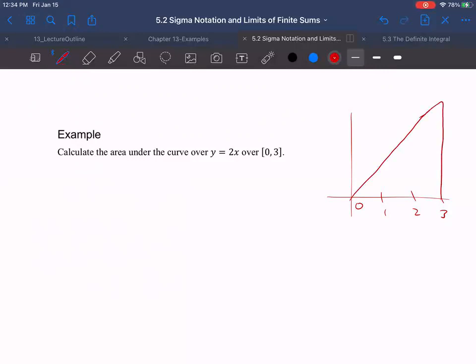What kind of a shape is that anyway? A right angle? Triangle. Okay, yeah. It's just a triangle, right? And so we know how to do the areas of triangles. What's the area of that triangle? Yeah, 1/2 base times height. What's the base? What's the height? 6. Good. So 1/2 of 3 times 6 is